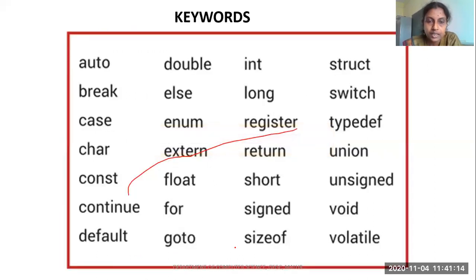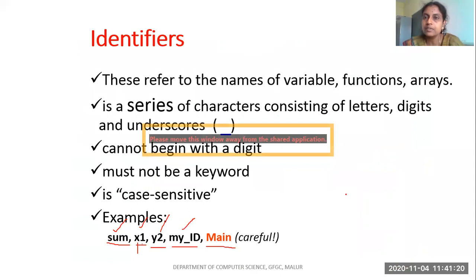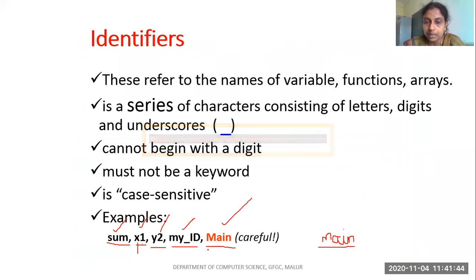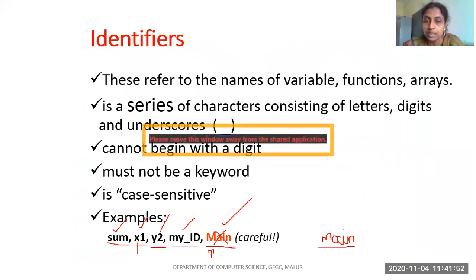If you can see the keyword, we have in a C program a keyword called main, which is typed in small letters. Main is a keyword and it is typed in small letters. So small letter main is a keyword, but here what they have given is capital letter M. So this is different. This is accepted. If they had given small letter m here, then we cannot give it as an identifier. Able to understand? Now it is possible. Now it is correct.